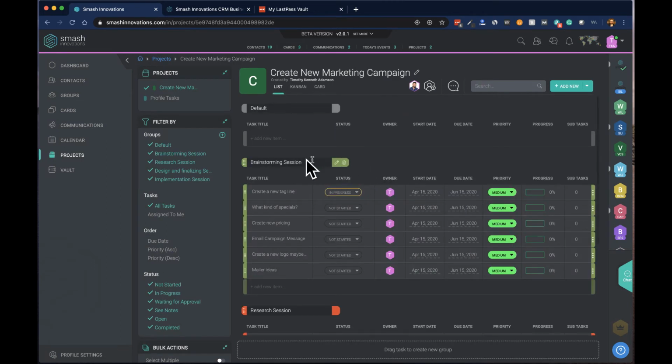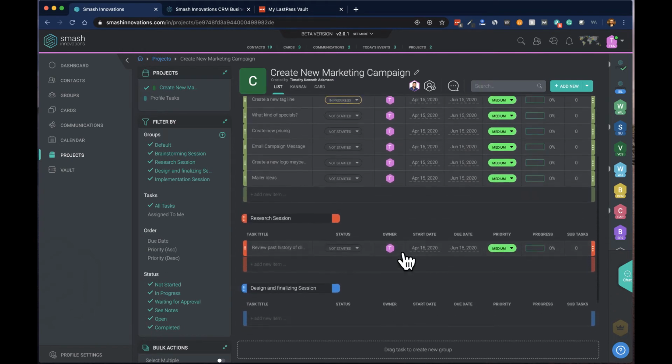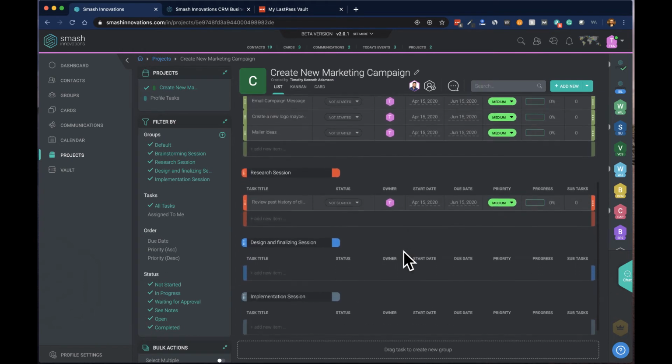And so we can see the brainstorming sessions has this list of specific tasks that are supporting that specific group. We can see at a glance what the workflow status is, who the owner of the task is, start dates, due dates, priority of the task, and percentage of progress completed. And so if we needed to create a new task in a specific group, we'll go down here to research